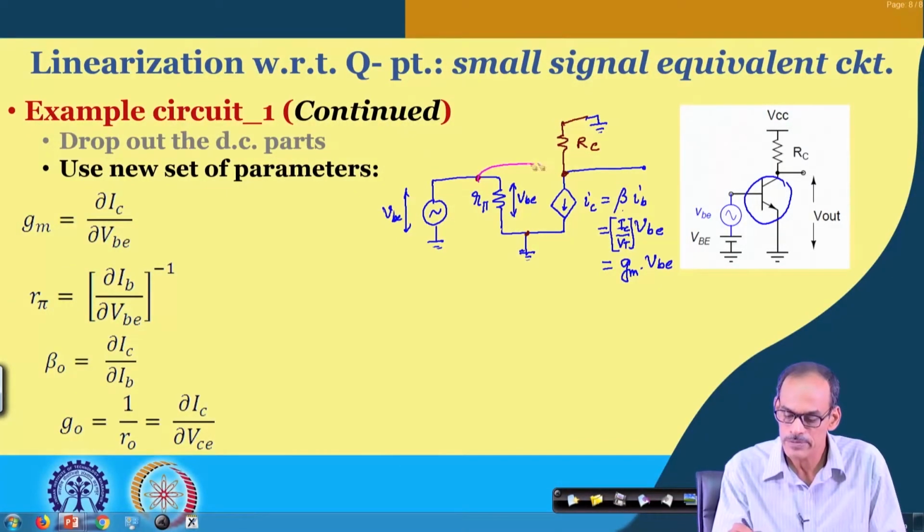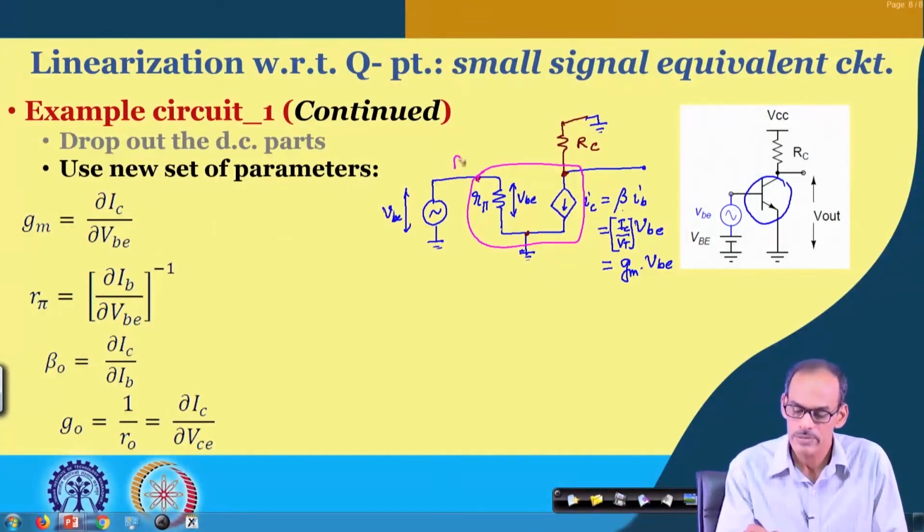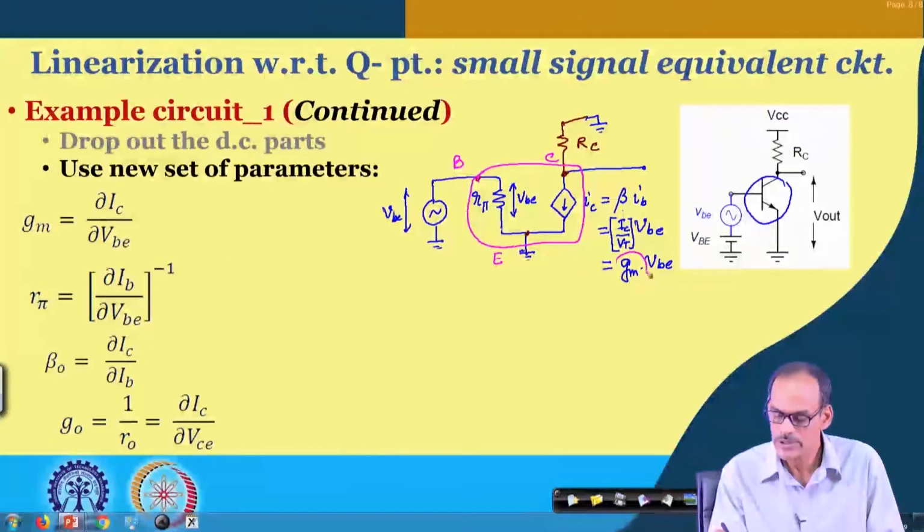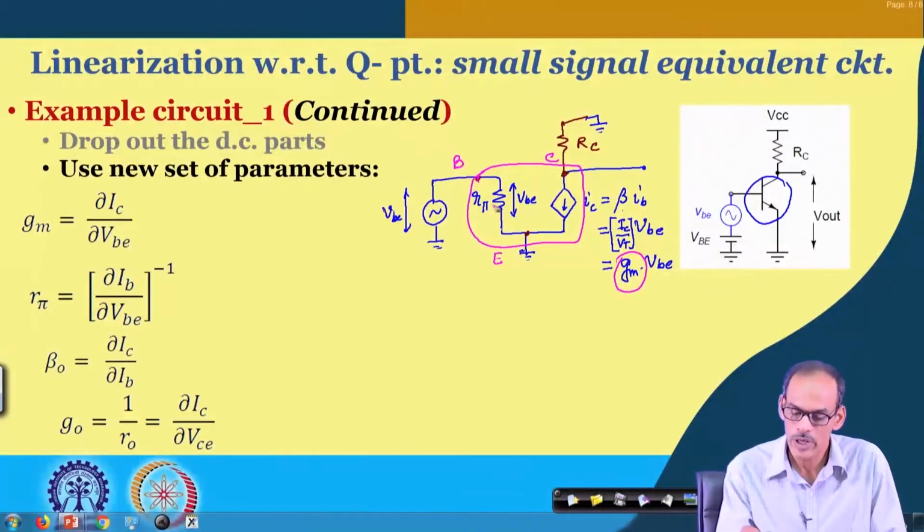So, if you see this part, this is the equivalent circuit of the transistor. This is the base terminal, this is the collector terminal, and this is the emitter terminal. In this case, of course, we have different elements or parameters involved. For example, we already have discussed G M. Likewise, we have the base to emitter resistance R pi, and then we have the base to collector current gain, and this is different from beta F. This is actually referred to as the small signal current gain,